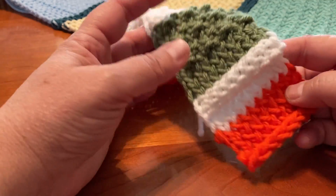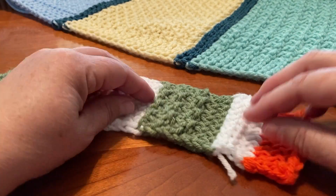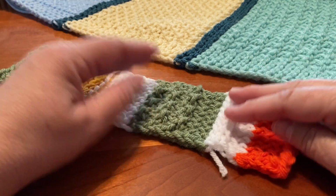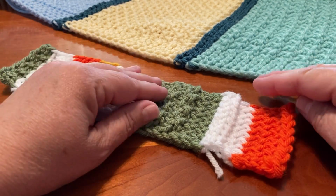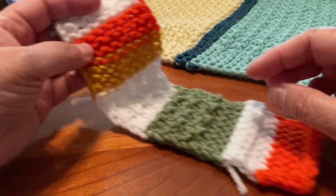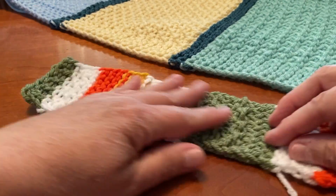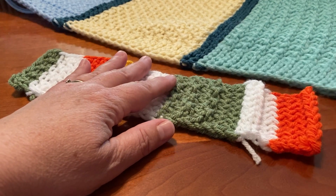I get asked a lot of questions, and one of them that seems to be pretty frequent is, when do I change colors? Do I change colors on a purl row, a knit row? What do I do if I'm purling one, knitting one, purling one, knitting one? How do I change colors then? How do I avoid dashes on the front of my project? So I did a little sample piece here, and let me see if I can explain it a little bit